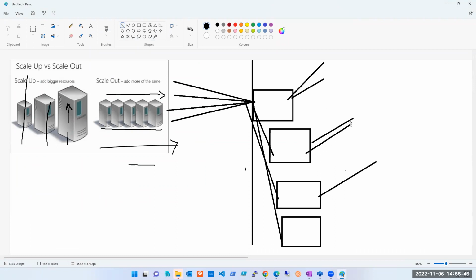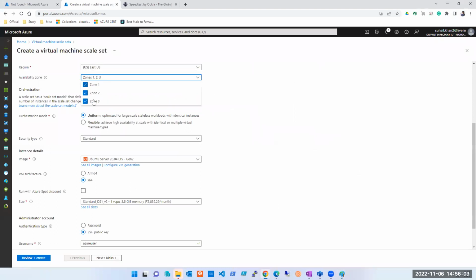On what basis these machines are increasing, we are yet to see. But are you getting the point? And if I select only two zones, then this will be distributed in two zones. So let's select only two zones; that's enough for us.